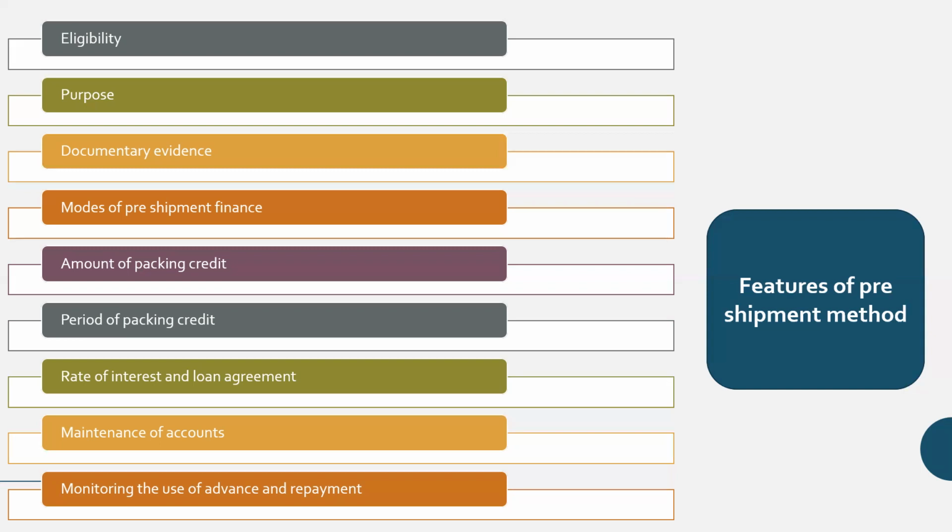So even product wise, the things will vary. So we are not specifying on any amount or percentage, but based on the total amount of an order, based on that, they may decide that how much percentage of loan that they are eligible to take it from the bank. So the amount of packing credit depends on the amount of export order and credit rating of the exporter